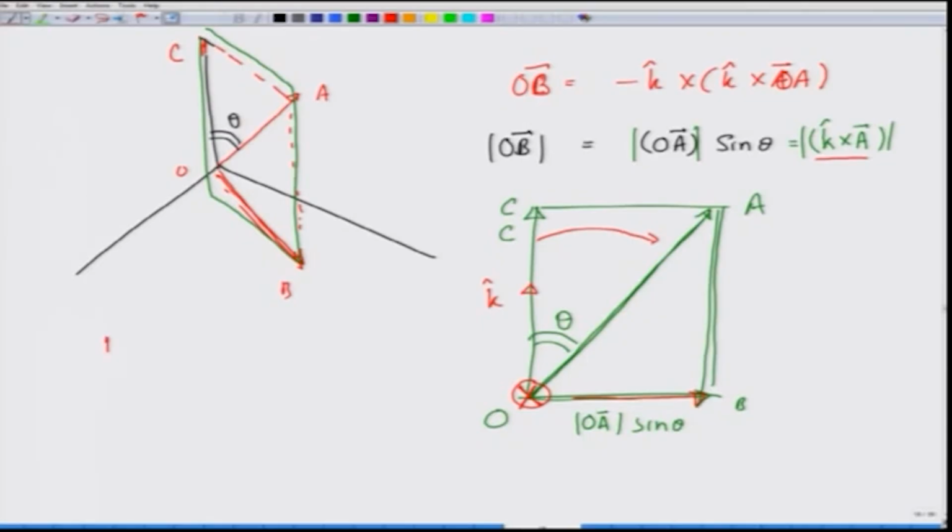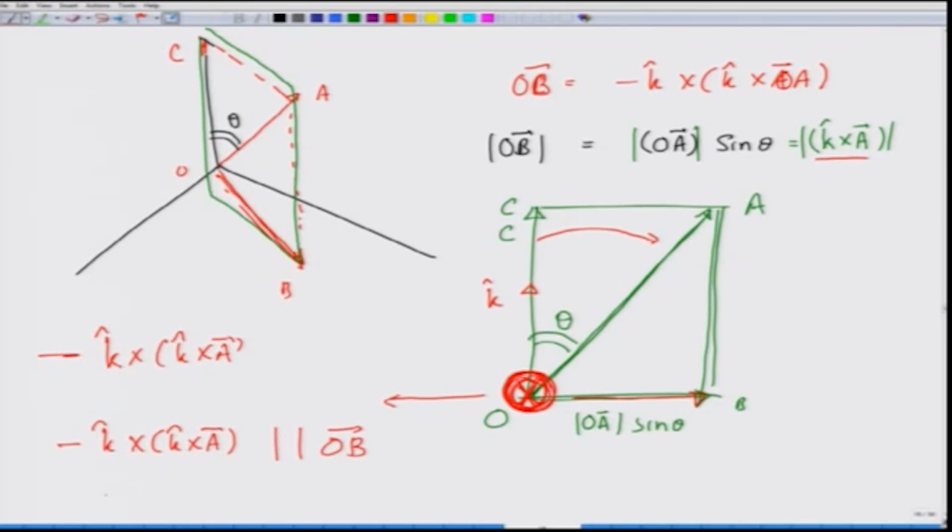So, if I take k cross A, I am turning my pen around here, it is going into the page. So, if I turn my fingers from k into the page, I get a vector in this direction. I want to switch it to the other side, I better put a minus sign here to the left of the screen. So, minus k cross A is parallel to OB,